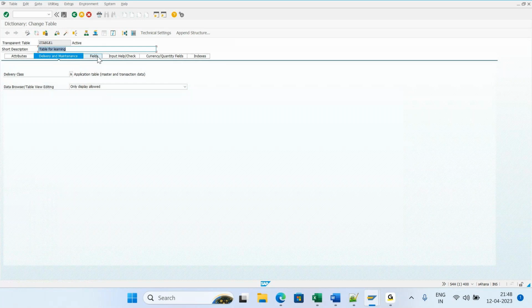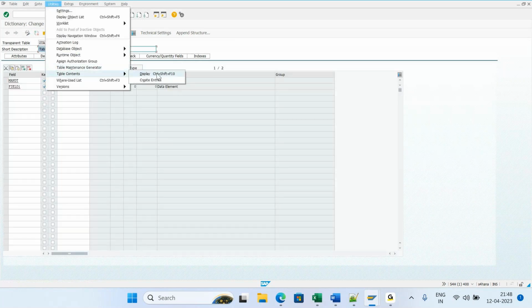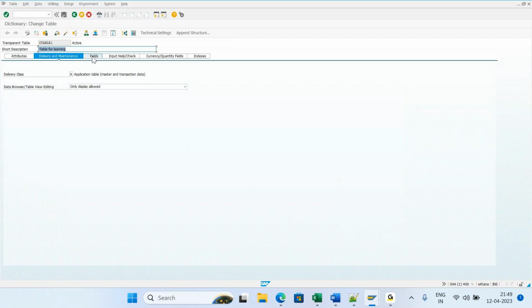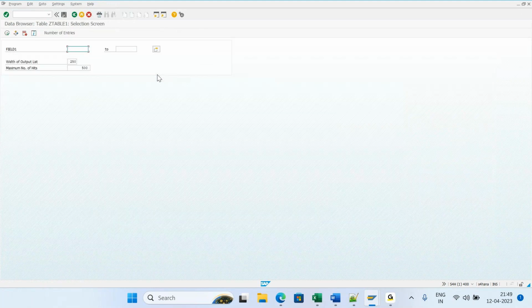Only display allowed. I went to fields, I go to utilities, I go to table contents, I clicked on create entries. It gave me an error, not authorized. Why? Because I have chosen this option, only display allowed. When I click on only display, it will allow me. Only display will be allowed. Now suppose I choose the third option,